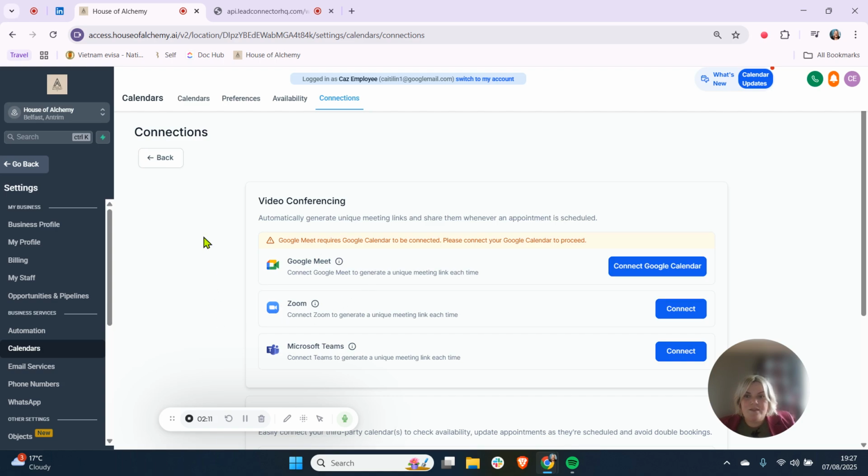So this is basically enabling you to, with your Stripe, take payments through the system, set up checkout forms and everything, and